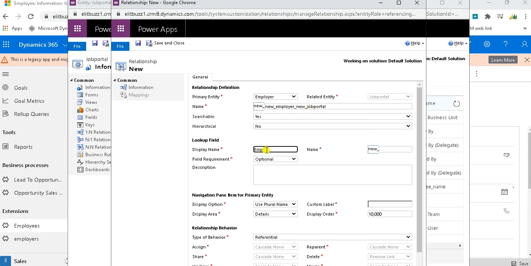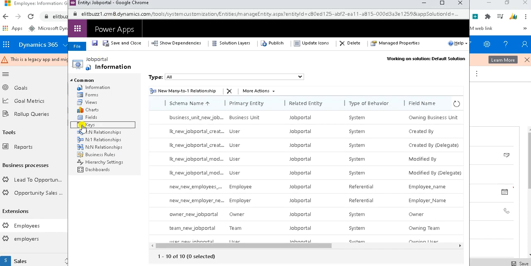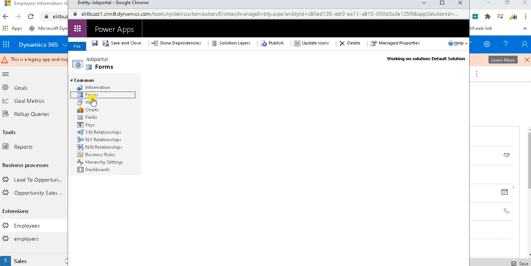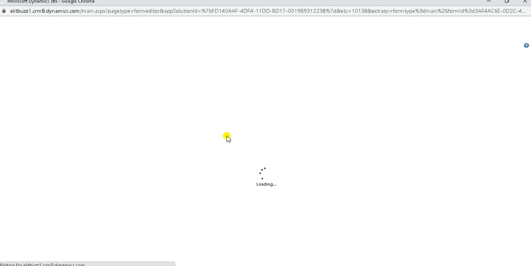So employer name. This will also be referential. Save and close. Then I will go to the form of this job portal entity.